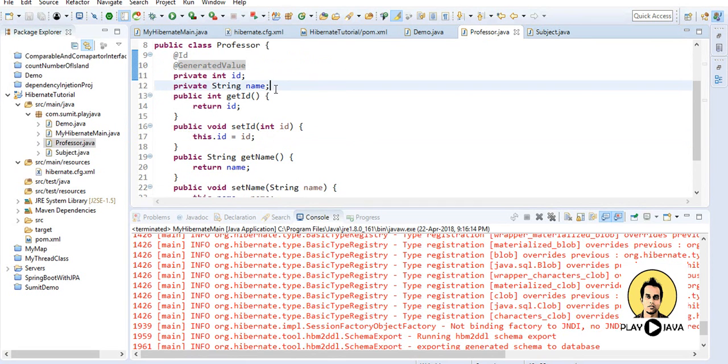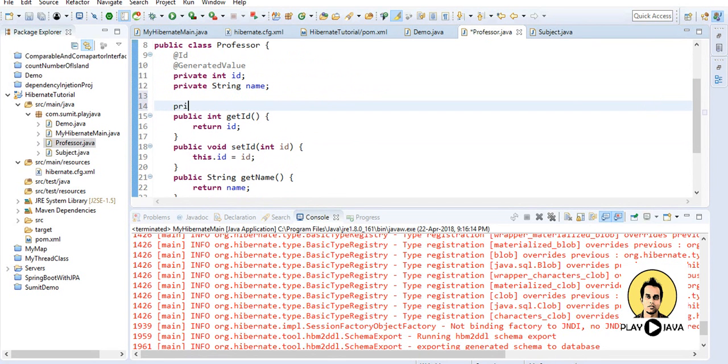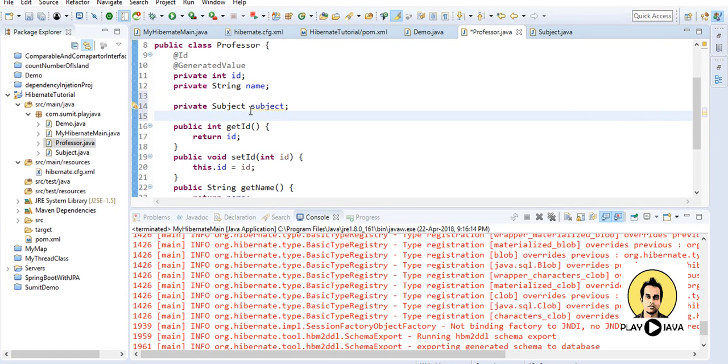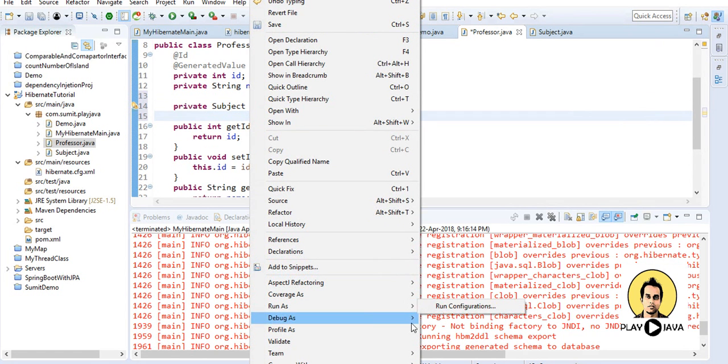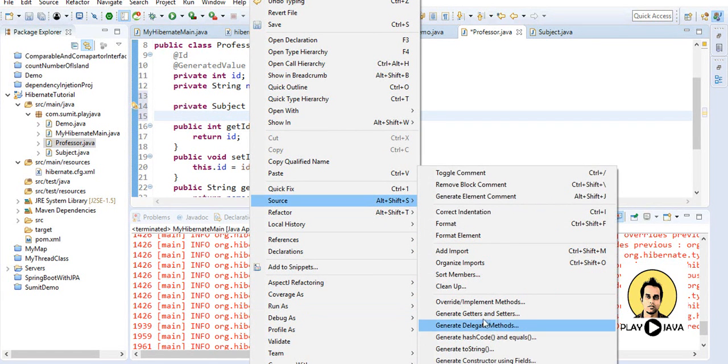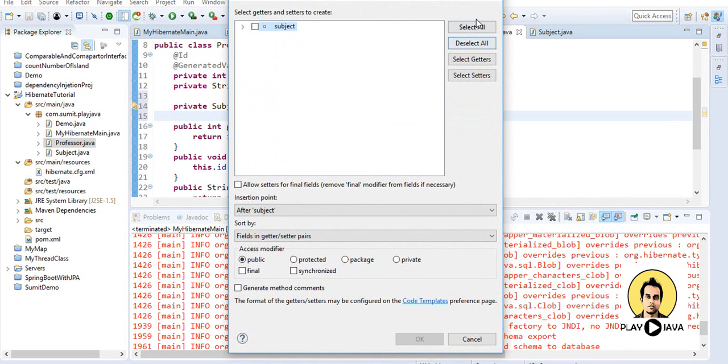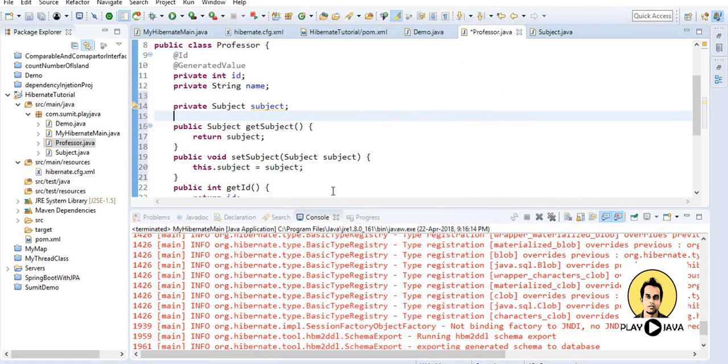So for that I need to initialize subject here, and I'll provide the getter and setter for the subject, go to Source, Generate Getters and Setters, select all, click on OK.